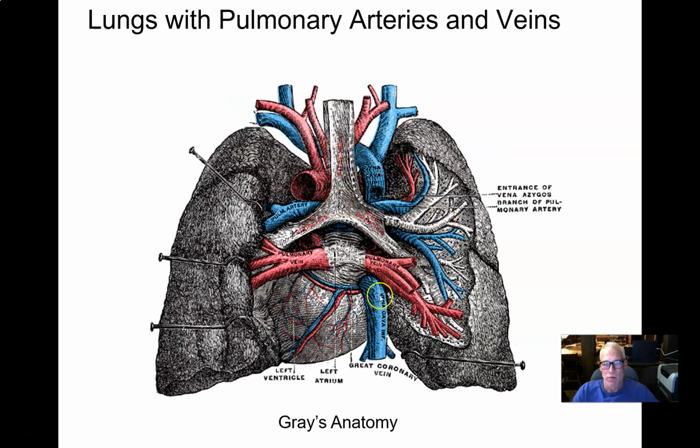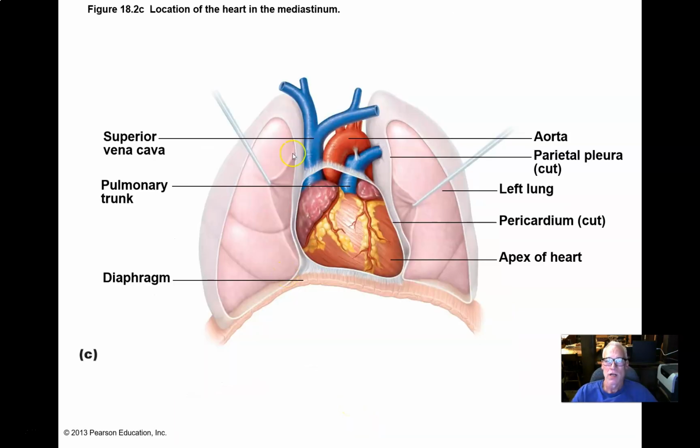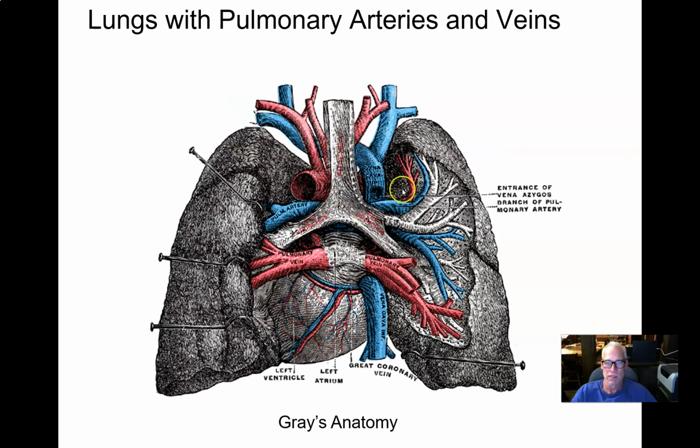I stuck this picture from Gray's Anatomy in here just to show you a posterior view so you can kind of get a feeling for where things are. There's not much anatomical detail in this picture other than to emphasize the heart and the great vessels and the pericardium. Here we can see the trachea and the primary bronchi, the heart sort of sitting anterior to those structures,